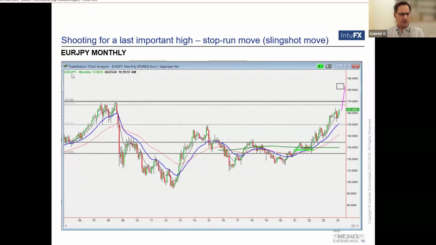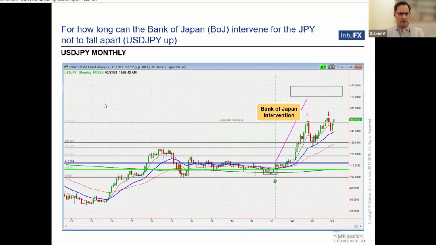This one here, Euro Yen. So this goes for a weak yen and a stronger euro. Again, here we've got a stop run level, clustered with a big number. And we're basically shooting here. Price is shooting for that level. If it breaks the level, it should shoot up here, a similar move to what we've seen here, probably even bigger bars, going exponential. Looks very strong.